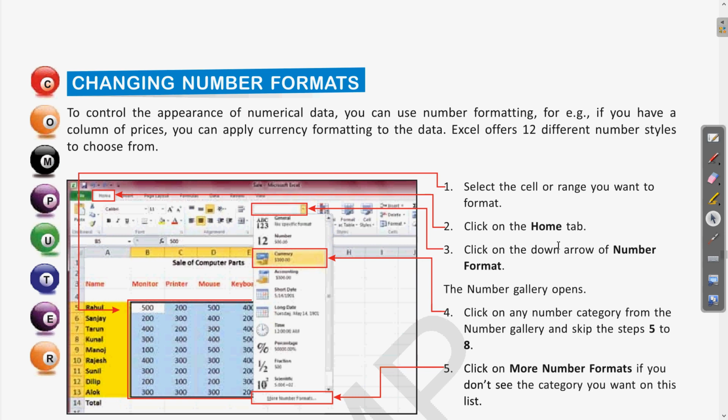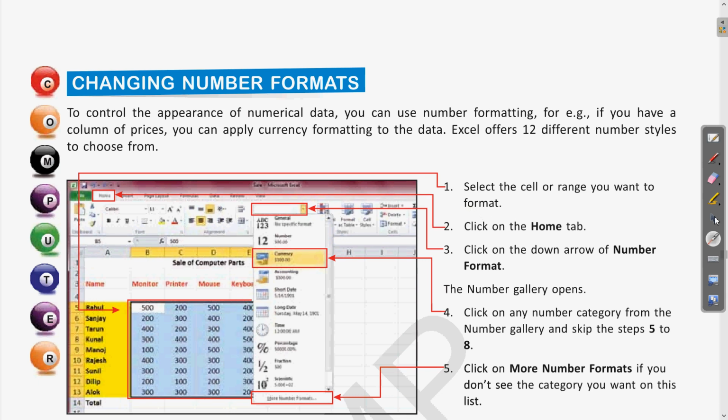So if you want to format these numbers, if this is the price of some product, we can add a rupees symbol, dollar symbol, then decimal sign, comma, percentage. Clear?